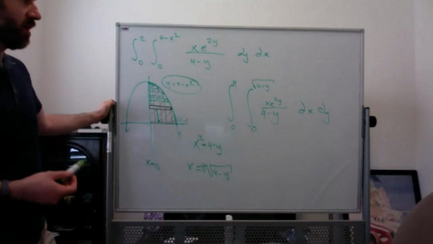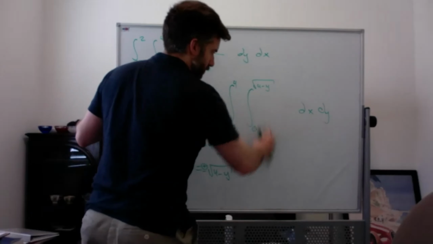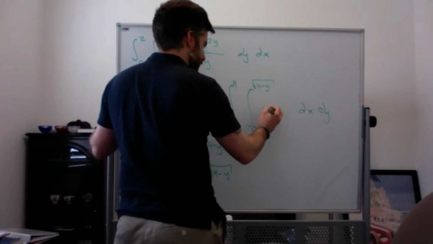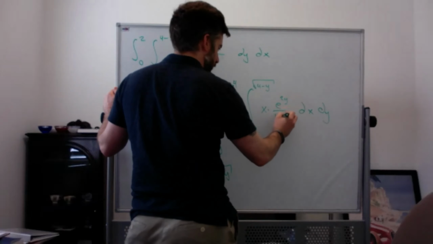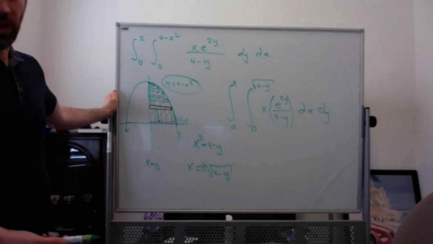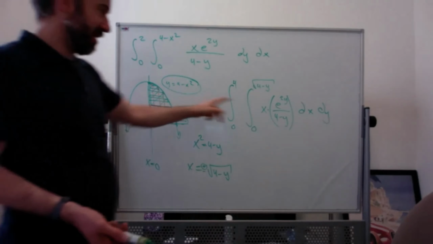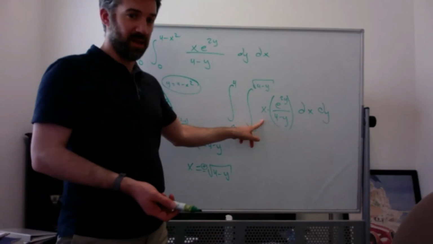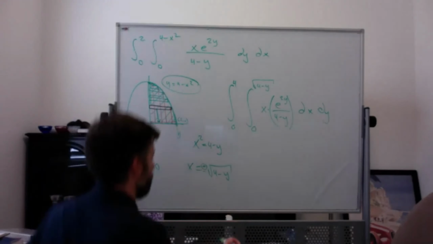Okay, but then this is relatively not terrible, because really I'm thinking of this as x times e to the 2y over 4 minus y. And if I'm integrating with respect to x, well, that's super easy. I've got a constant times x. The integral is the constant times x squared over 2. So I'm going to get